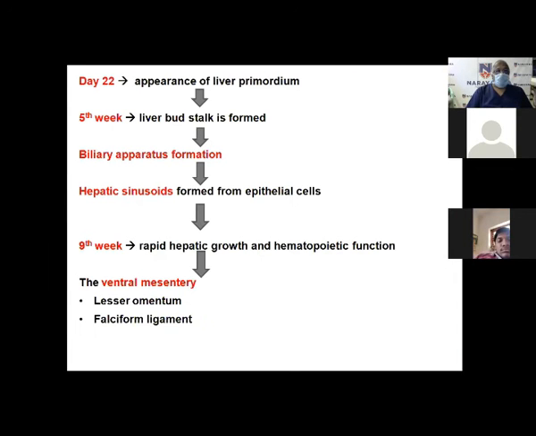Embryology. On day 22, there is the appearance of the primordium of the liver. In the 5th week, the liver bud is formed. Then subsequently the biliary apparatus forms. Then hepatic sinusoids form from the endothelial cells. At the 9th week, there is rapid growth and the primary hematopoietic system for the